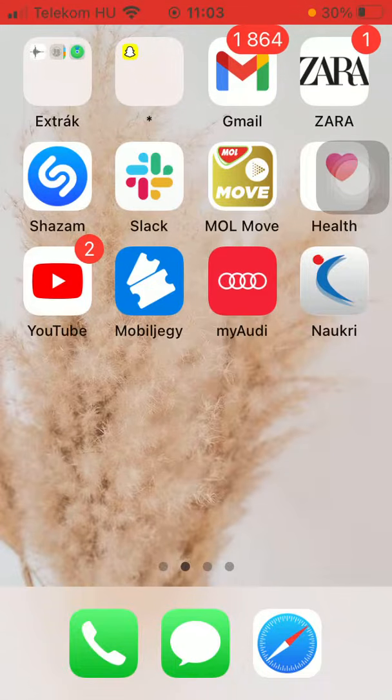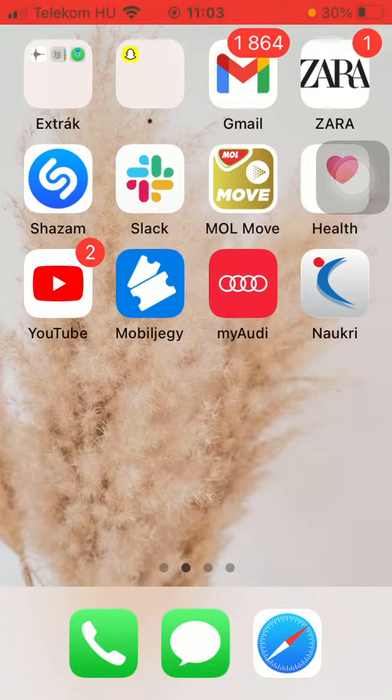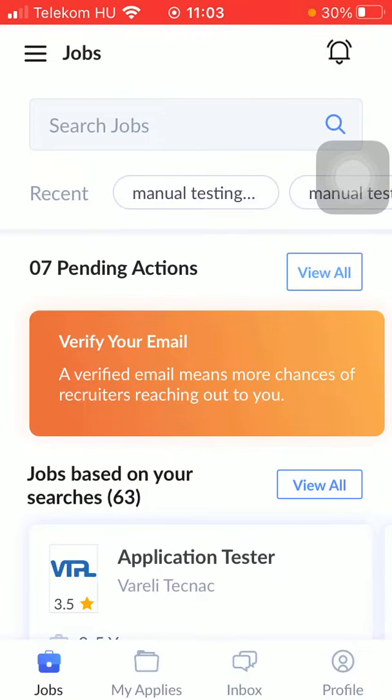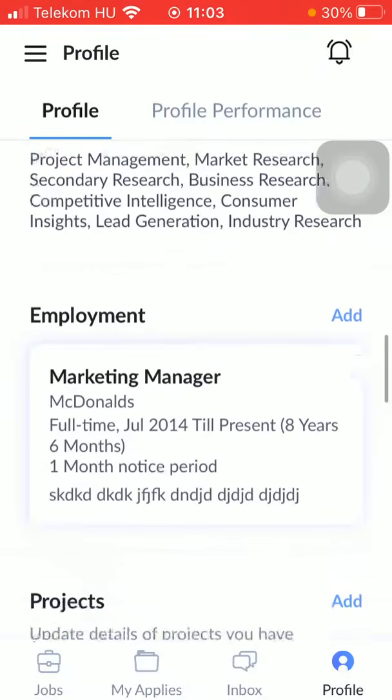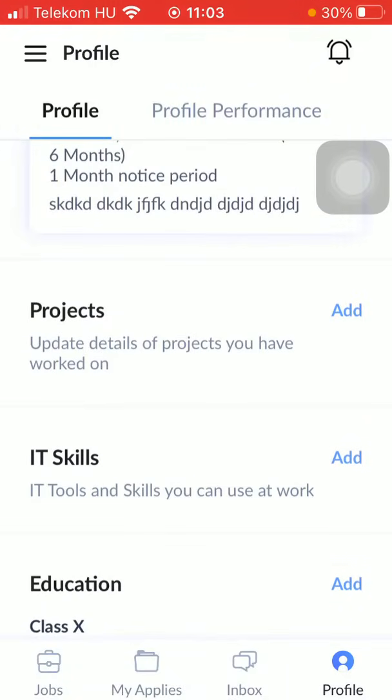Now let's jump into it. First of all, open the application on your phone. Tap on the profile button down below in the right side corner of the screen. Tap on profile at the top and then scroll down to the projects section and click on the add button